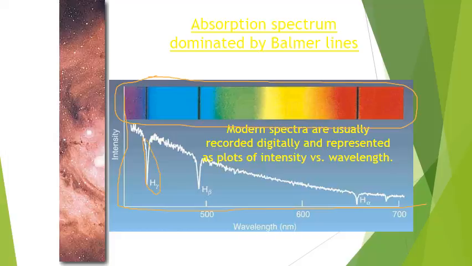Notice this little dip is your dark line, because the light at that particular wavelength is not very intense. But notice that this star is producing a lot more purple and blue than it is red. So overall, when you combine all these different relative light intensities, you're going to wind up with a star that is more bluish. But by just looking at the star's absorption spectrum, you can't tell its color. All you can tell is its composition. In order to find out its color, you have to look at the relative intensities of all those different types of light. And in order to do that, you need to have a light curve.